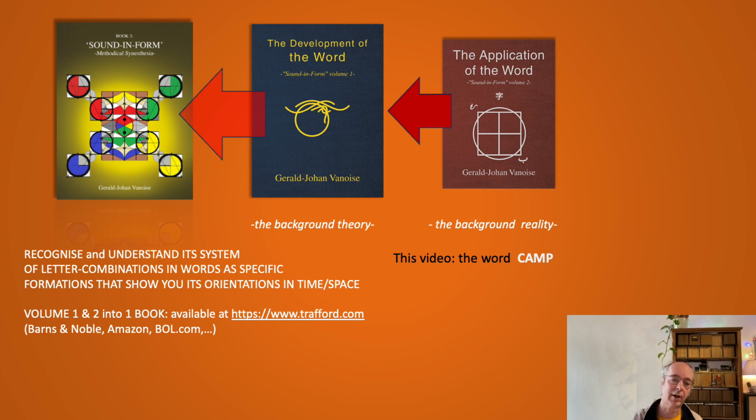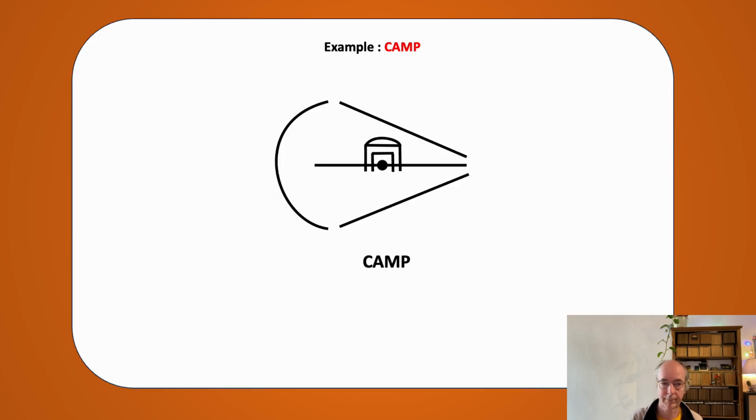In this video I will have one example, which is actually a word that I thought of this morning. I will take this word, let's see where it leads, and it leads actually to a very simple form, a simple to understand association based upon the theory, and that's nice, that's fine. So let's do that. Let's use the word camp. Immediately when I draw the picture, I didn't have to do much. This is the result. That's the camp